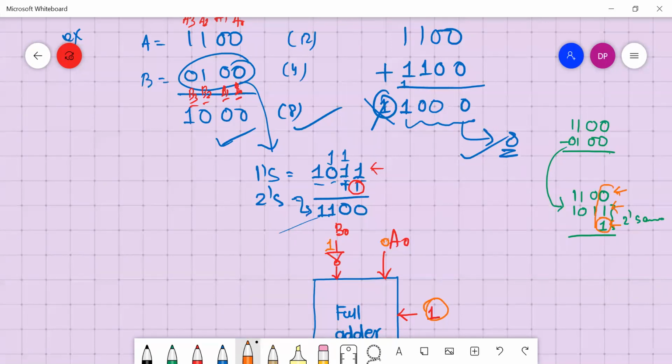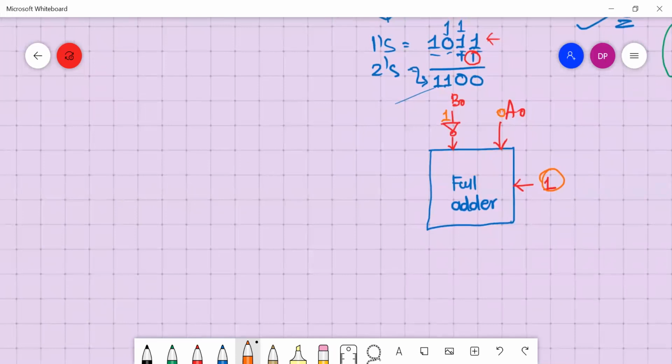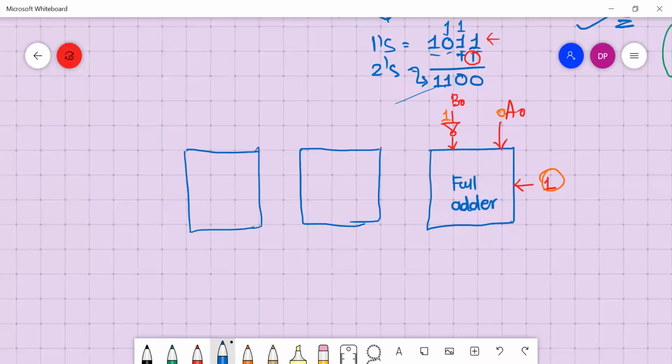So we require a full adder to perform this expression. Okay. So what will it result in? It will result in a sum and it will result in a carry. This carry, we give as input to the next adder. Again, 3 bits will be added, right? So if you do that, we will get the subtraction value. So let's take one more full adder, and one more full adder. We require 4 full adders to perform this subtraction.